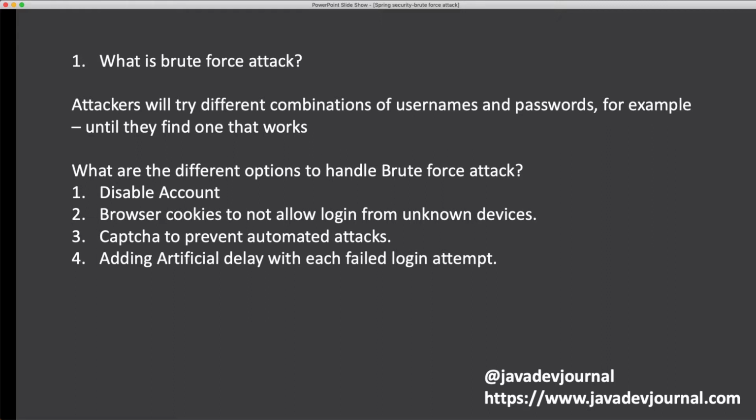All right. And then adding an artificial delay. So these are automated programs. The whole idea is, with every failed login attempt, you add an artificial delay. So if your first response takes 5 seconds telling you, okay, your username and password is invalid, the next one might take 20 seconds. So it is an artificial delay. Your system might be able to understand in a few nanoseconds, but you are adding that artificial delay. And the whole idea is to make it a little more difficult for that automated program, right?